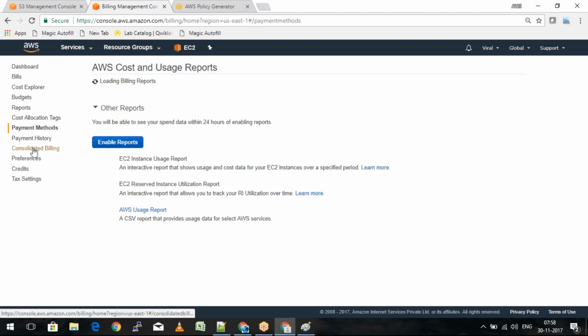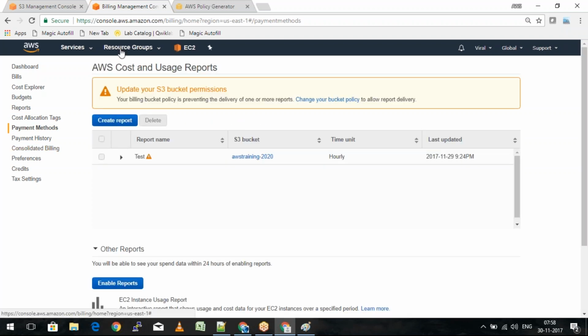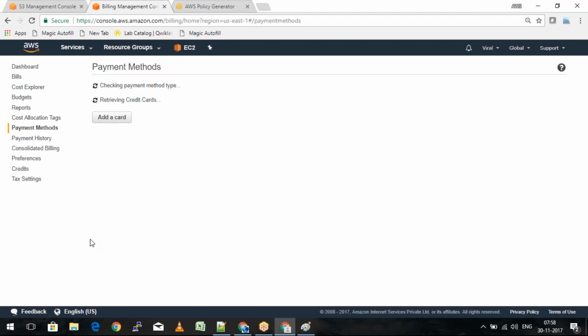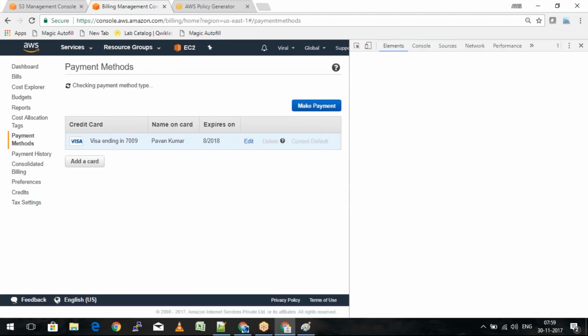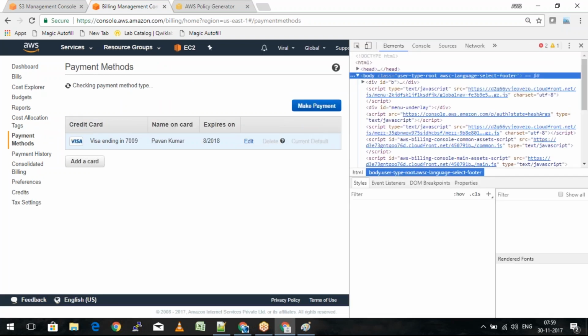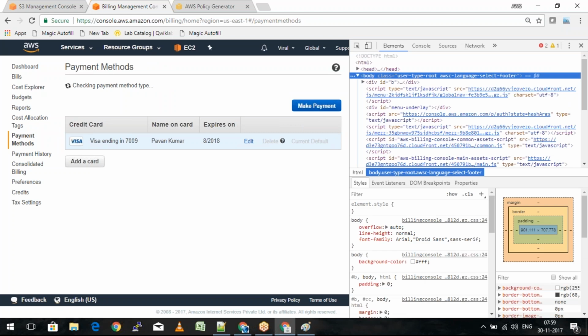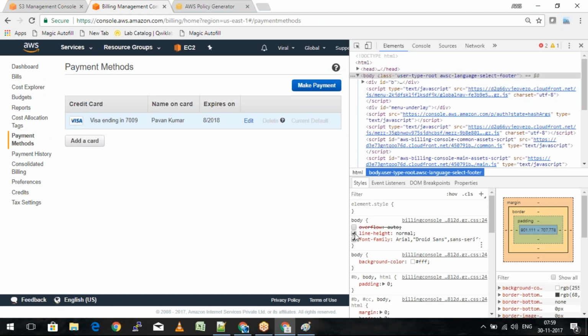So I'm not changing these menus here on the top, right? So this is basically with the help of style sheet. So if I remove the style sheet, it will no longer appear the way it is. So basically the style sheets will be here. So here you can see the style sheets, right? So if I go ahead and remove all of this,